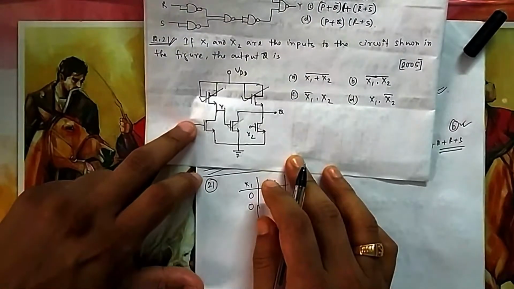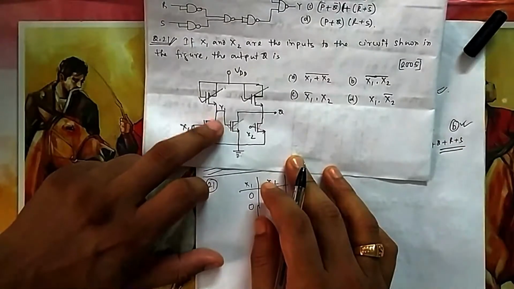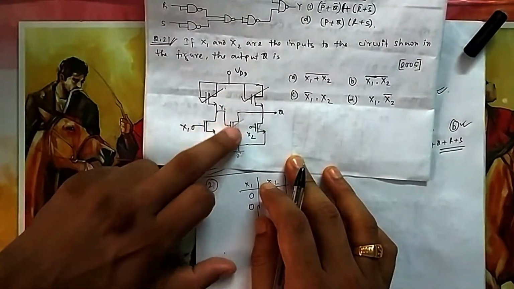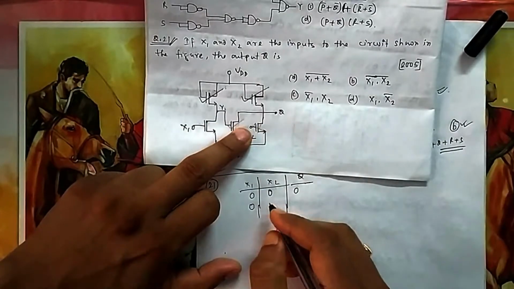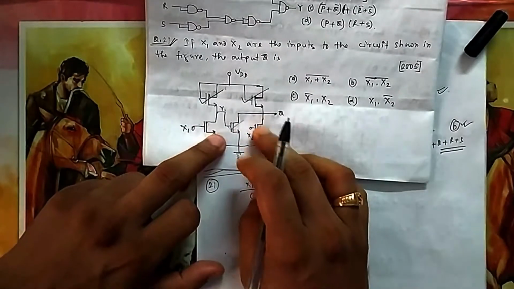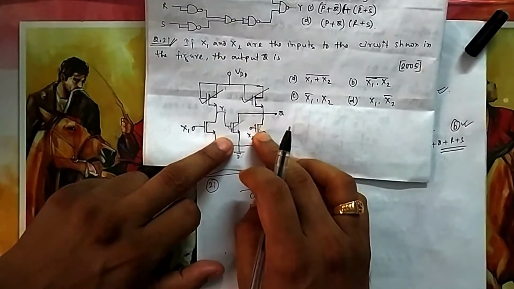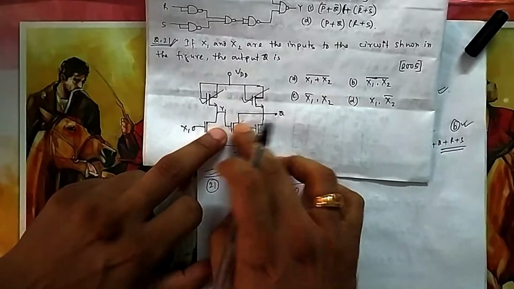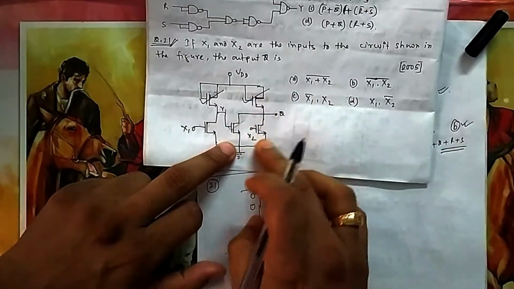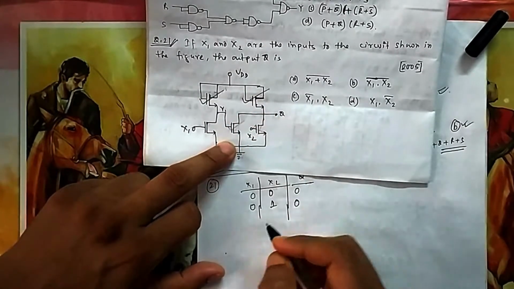Suppose it is 0. So it is 0 means this is off. So it is on. So Q is connected, you can think of here. And X is 1 suppose. So if X is 1, this is on. So no need to give this one on. If this is on, then also Q is connected to ground. And it is already on. So it is also ground. So ultimately Q is connected to ground, that is again 0.